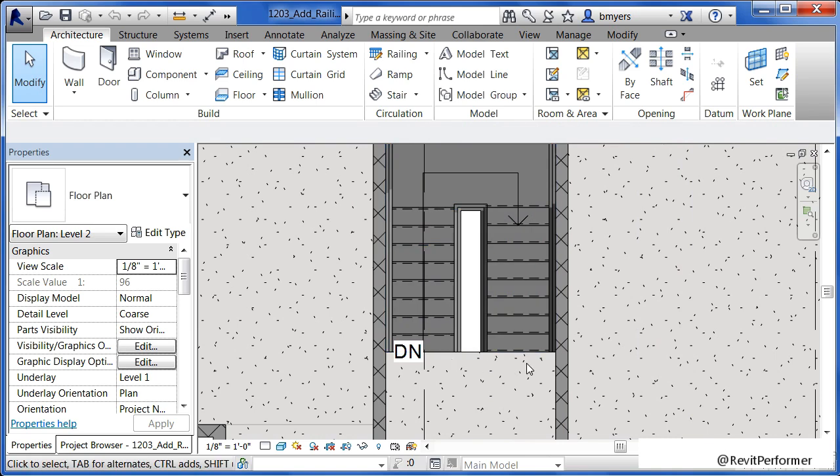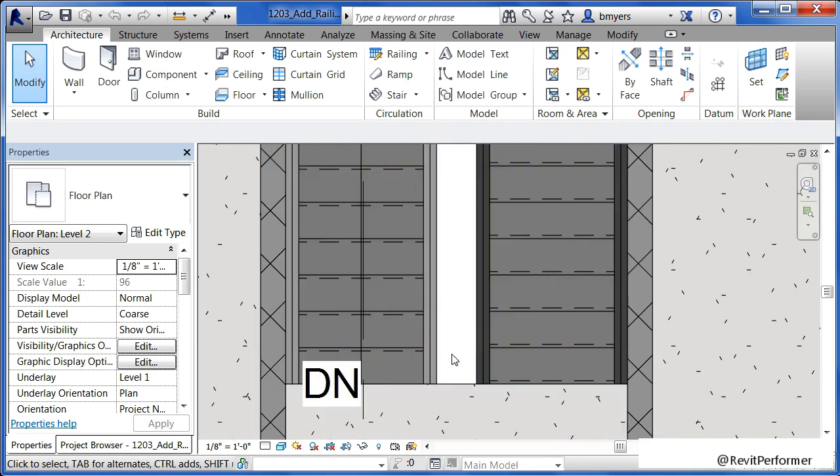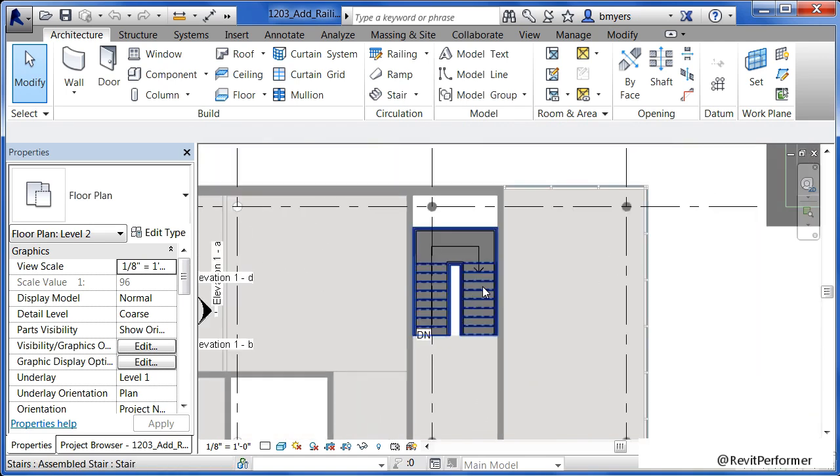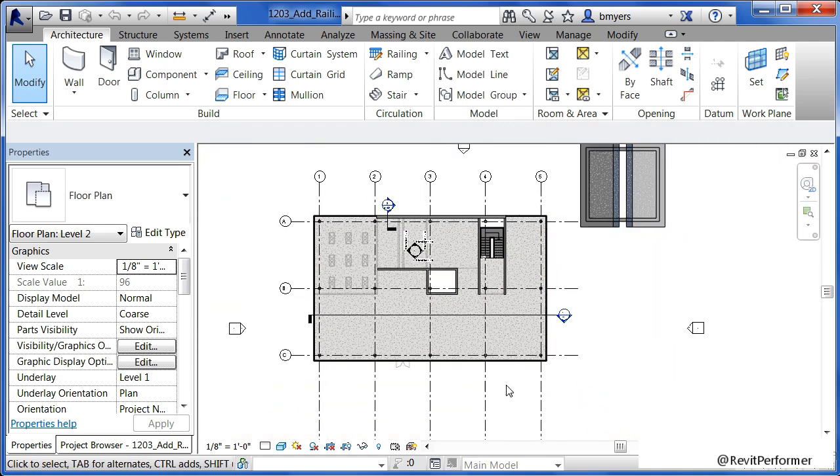We're going to create an example of just a straight line of railing, and we're going to do that on the outside of the building so you can see the process of how to do it. We'll also modify this existing railing so that it comes over and then comes back across so that nobody comes around and just falls into this hole here that's been created by the staircase and the opening. So to begin with, let's start by drawing a piece of railing just outside of our building. Ultimately, we will get rid of it, but this will give us a good feel for the process of drawing a railing.